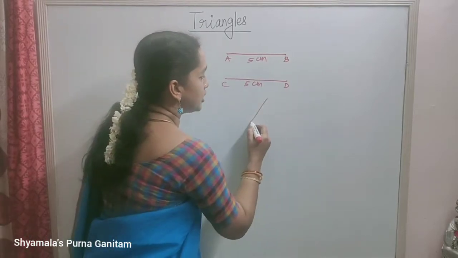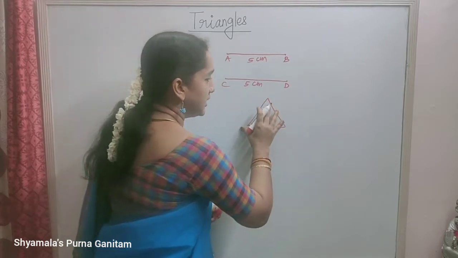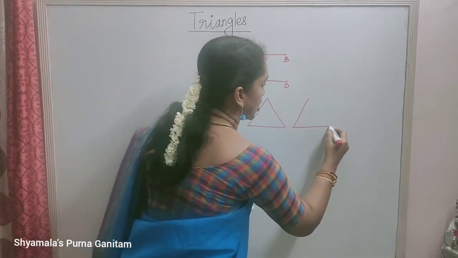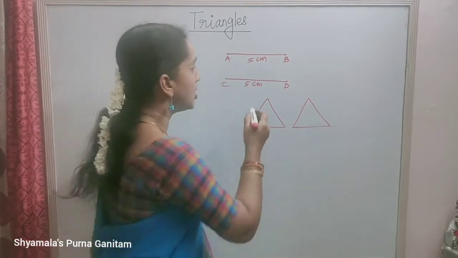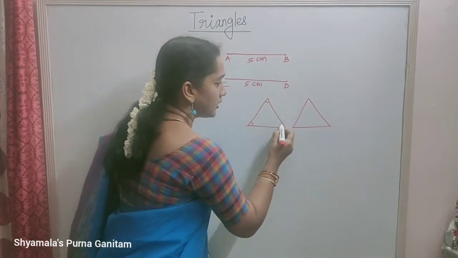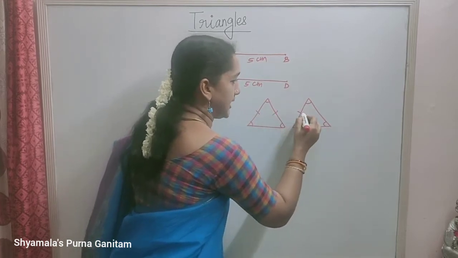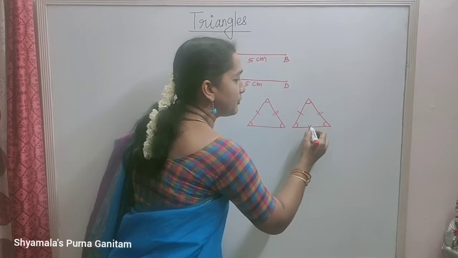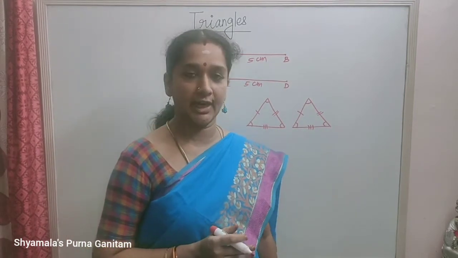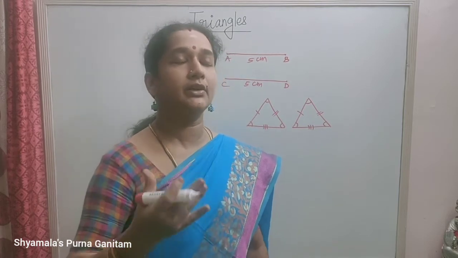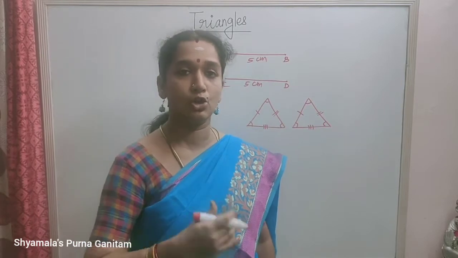Same way, when you take a triangle, this triangle and the other triangle are congruent. When will we say that this triangle and the other triangle are congruent? If all the angles of both the triangles and all the sides of both the triangles are the same, we'll say that as congruent triangles. Okay, so we have learnt about different types of congruent triangles in your lower classes.